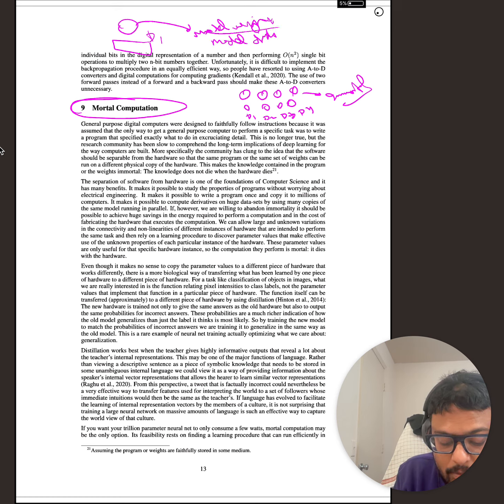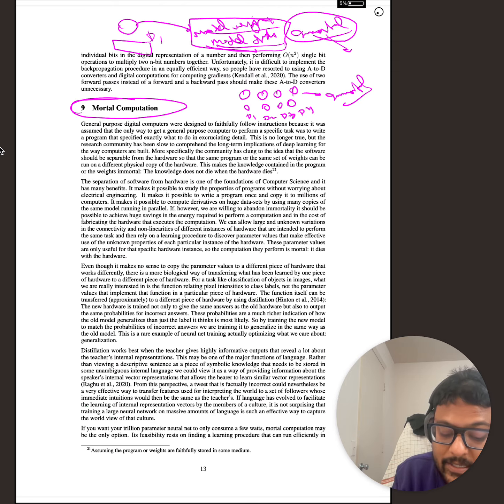to the disk, right? And because you can dump it to the disk, when you restart your machine, you can have the same copy of the model restarted. It will be as if the machine never died, the model never died, even though the machine died. That is why it is immortal in practice. And this immortality is good because it helps neural networks share information among themselves very fast. If you have four networks which have different sets of weights, W1, W2, W3, W4,